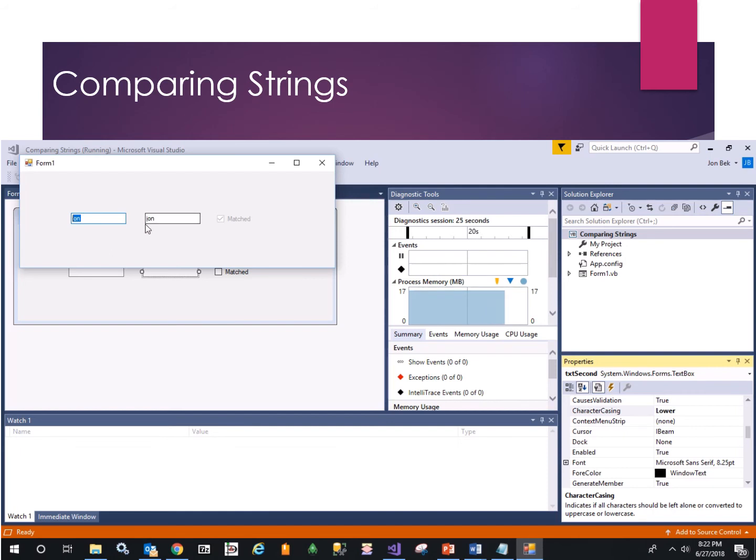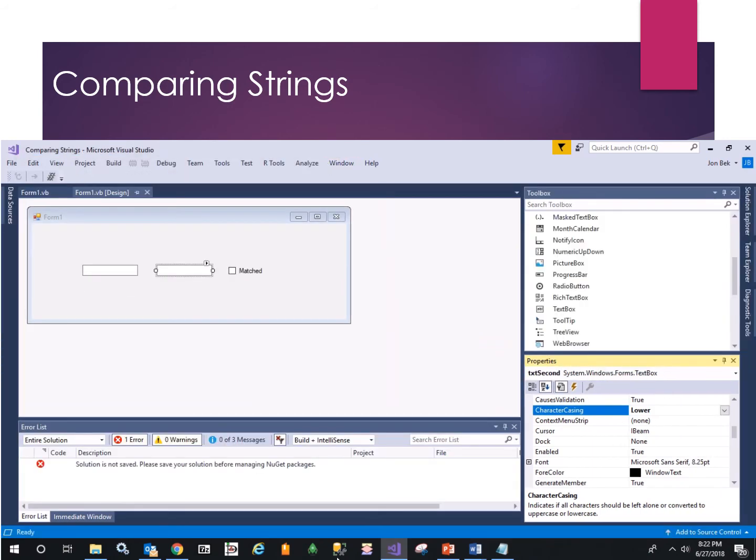And so that works. But what if it is objectionable to have to do all lower or all uppercase, but we'd still like to test if there was a match intended? In other words, we'd like to have case insensitivity. Is there a way to do that? Yeah, there is. Okay, so first let's turn off the